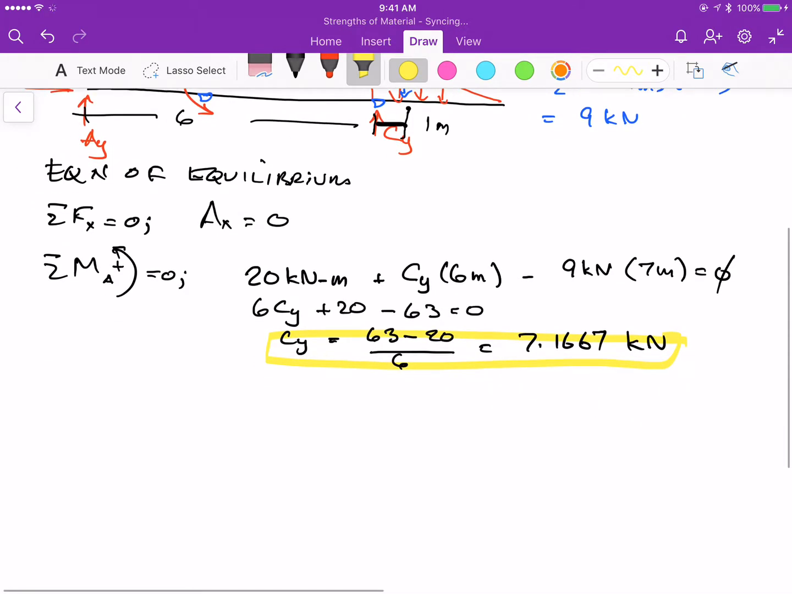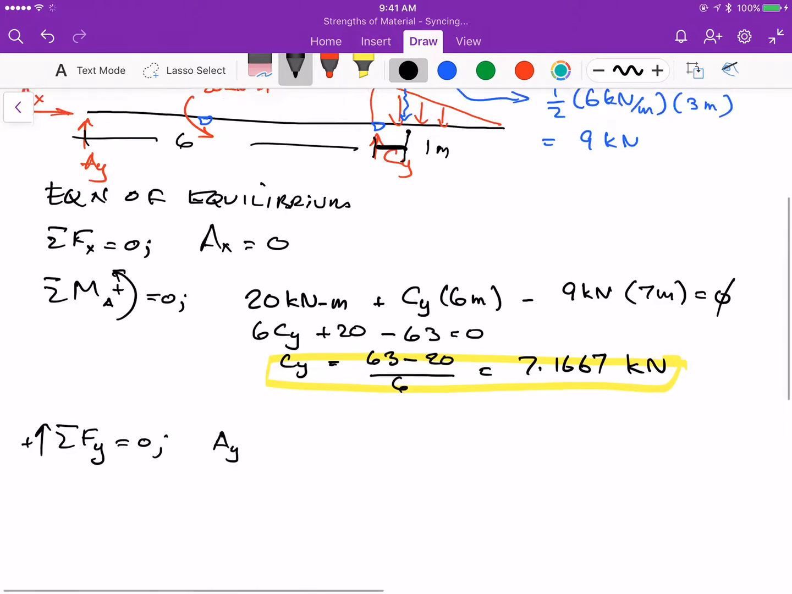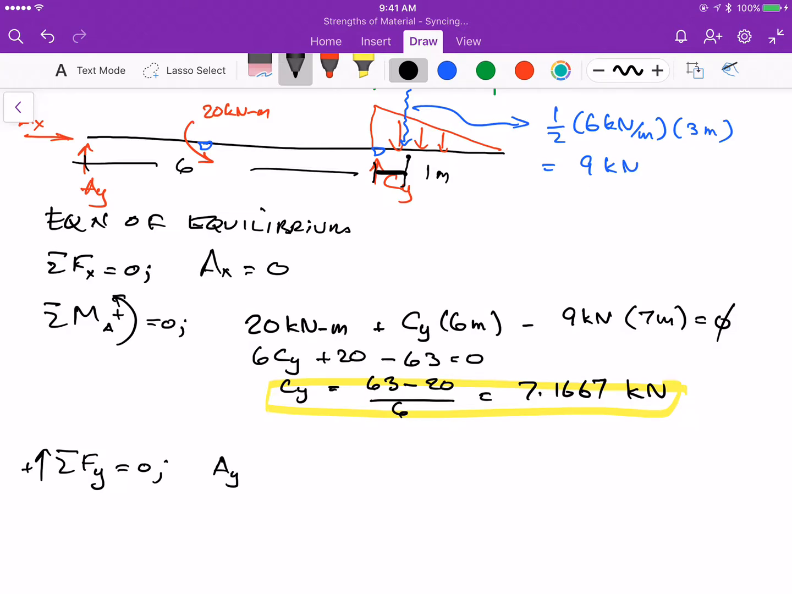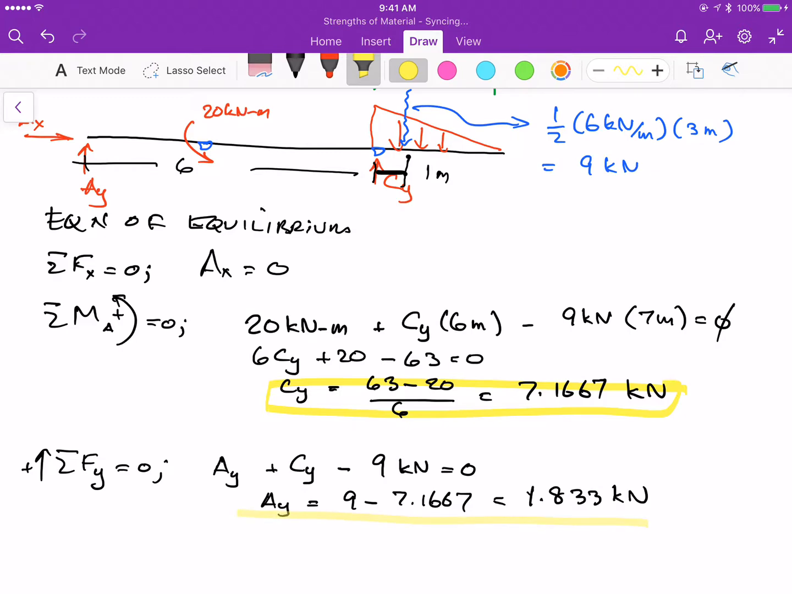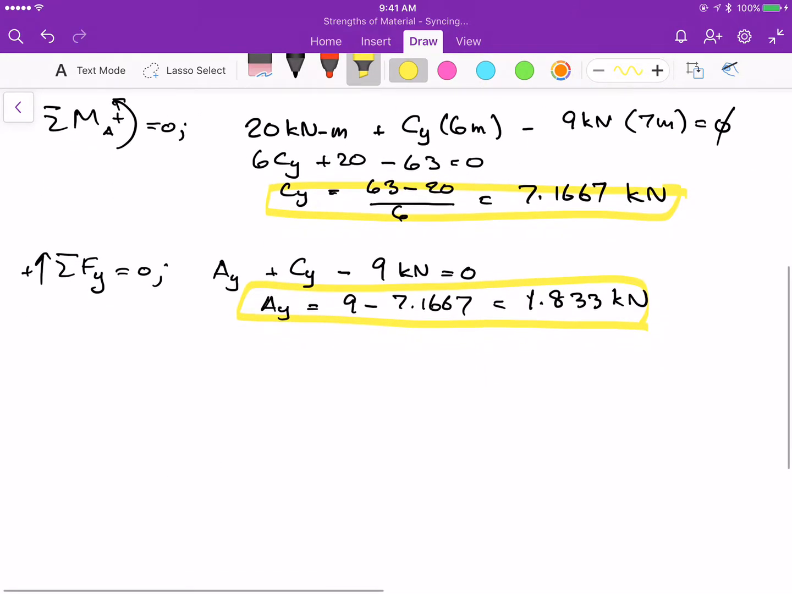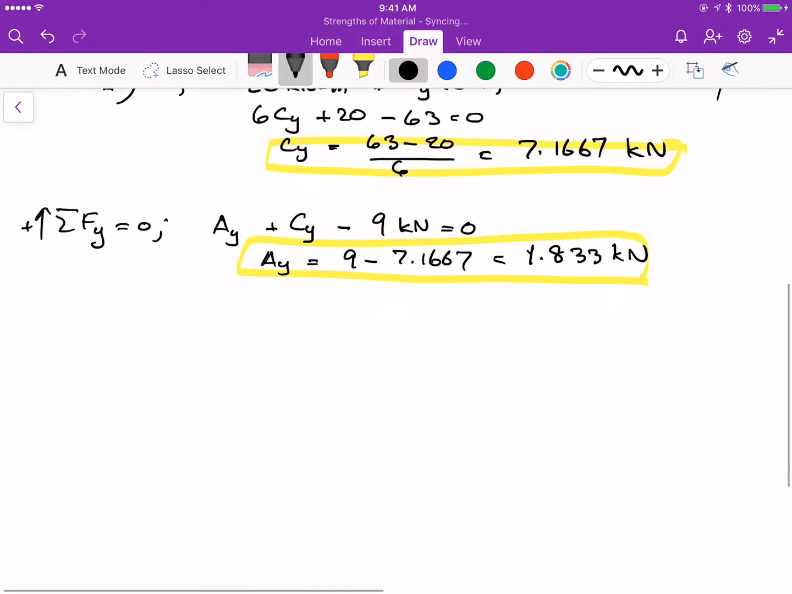Okay, once I get CY, I can do the summation of forces in the y direction, and in equilibrium, then that's going to be equal to 0. So I have my AY pointing up. There's nothing at B, and I have my CY going up, minus my resultant from the uniform loading of 9 kilonewton, and that's going to be equal to 0. And CY is 7.1667, so my AY is going to be 9 minus 7.1667, and that is going to be 1.833 kilonewton. So I have AY and also CY, and let's go ahead and do the shear moment diagram. Once we have the resultant,